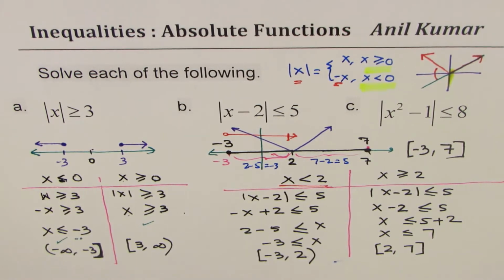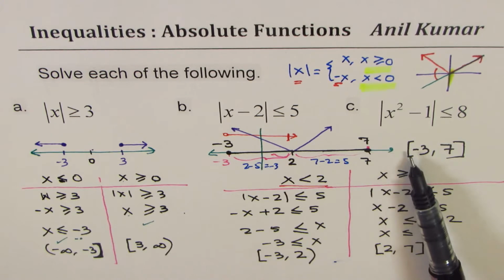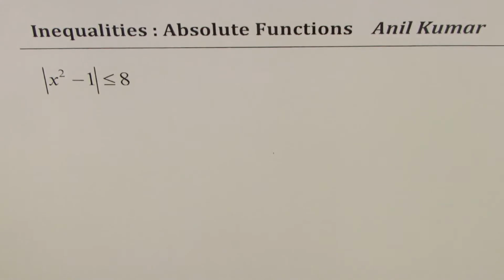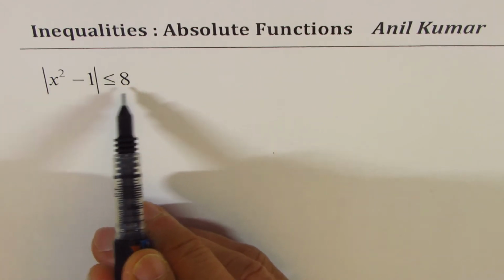So I hope that is important. Here we are showing you solutions in different ways. We have shown you the solution on a number line, also with interval notation. Perfect. Now let's take up the third example, which is: solve the inequality |x squared minus 1| less than or equal